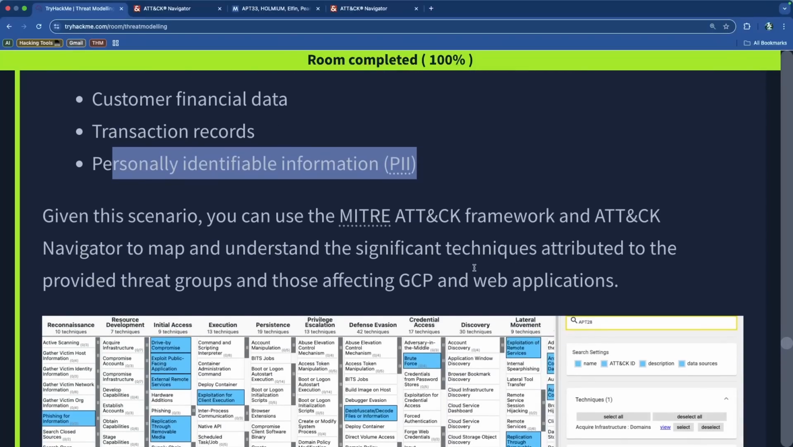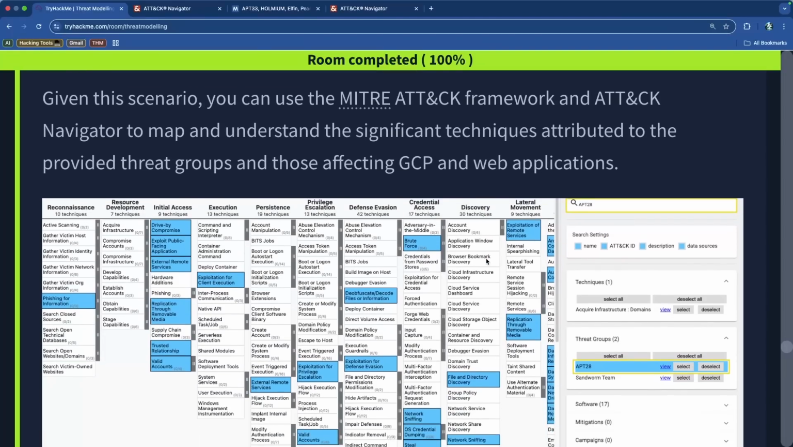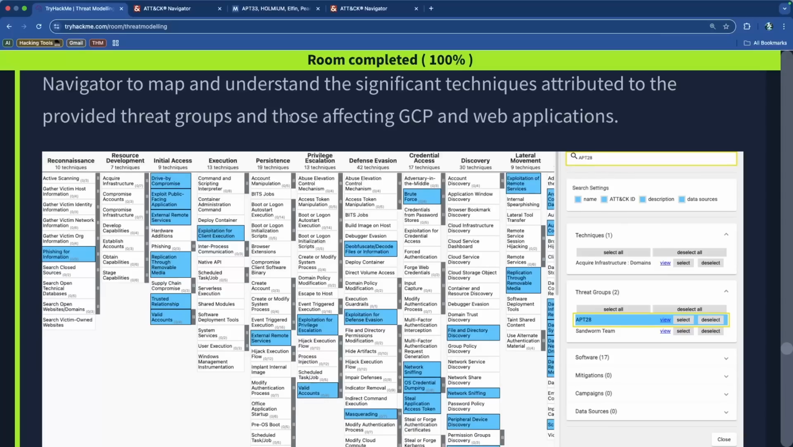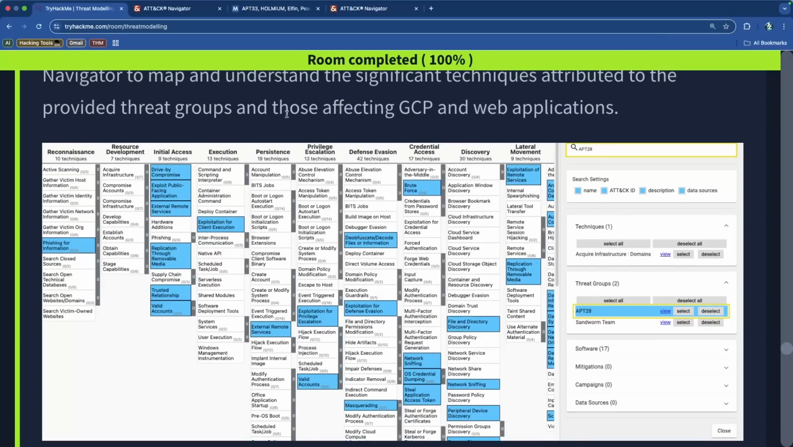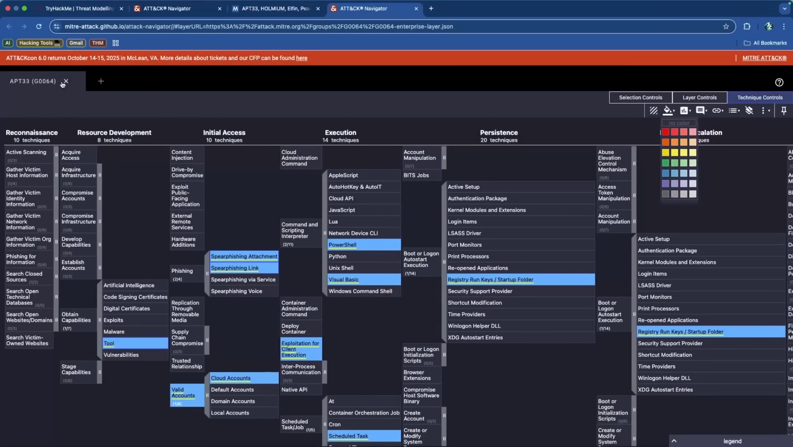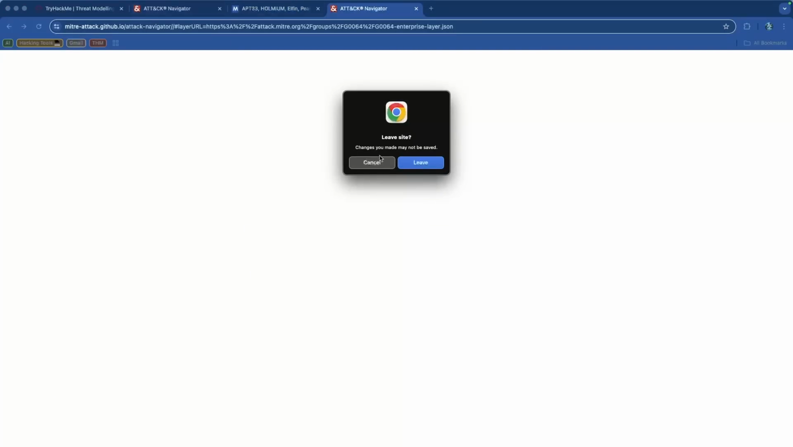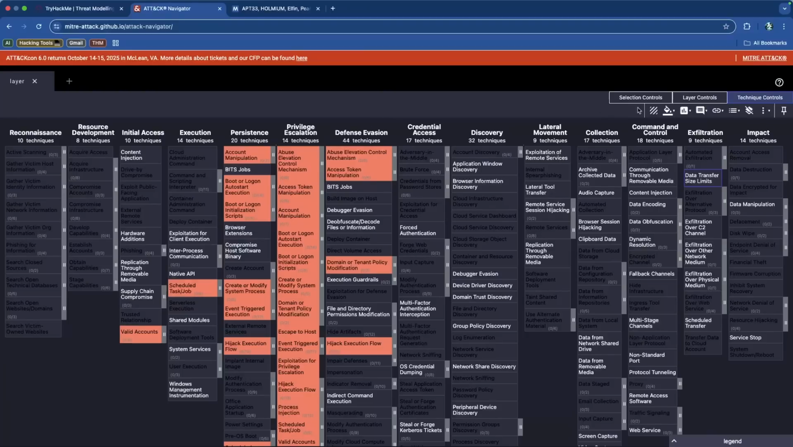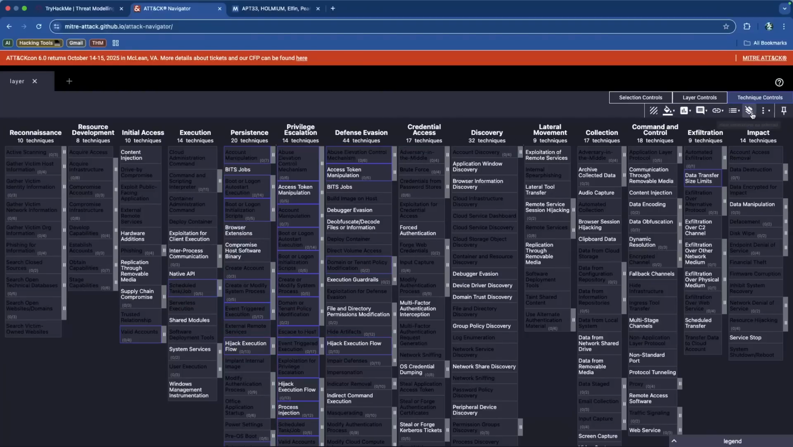PII, personal identifiable information. So given this scenario, we can use the ATT&CK framework and the ATT&CK Navigator to map and understand the significant techniques attributed to the provided threat groups and those affecting GCP and web applications. So essentially, instead of going to just the page for one APT group, we can go to the Navigator and assign a value to all of them. Let me do this. I will clear all of the annotations for this,